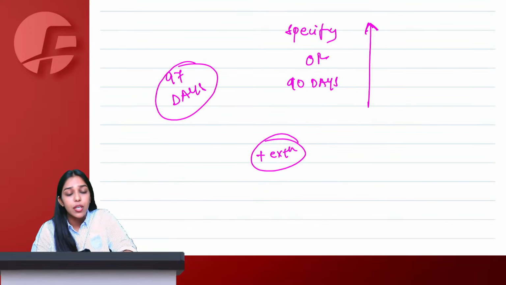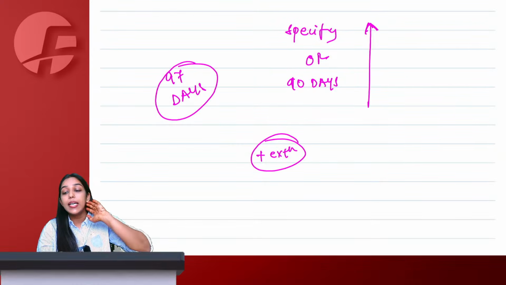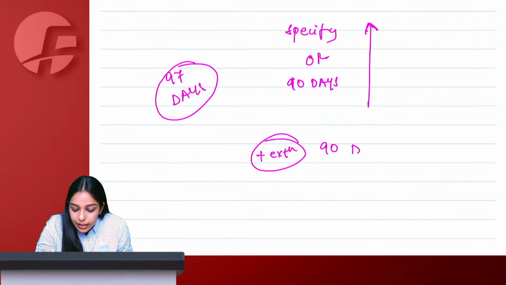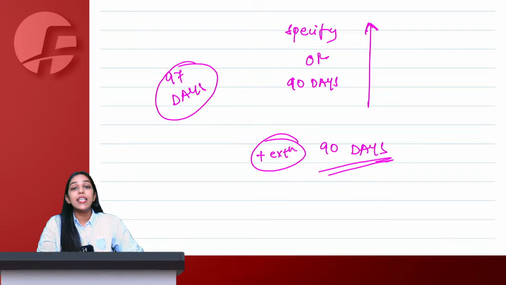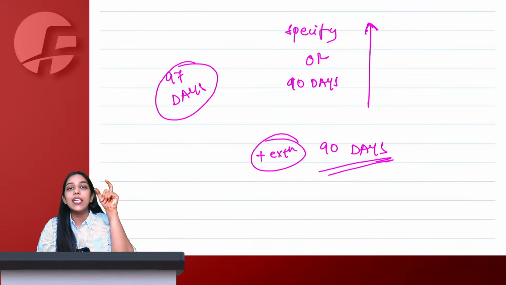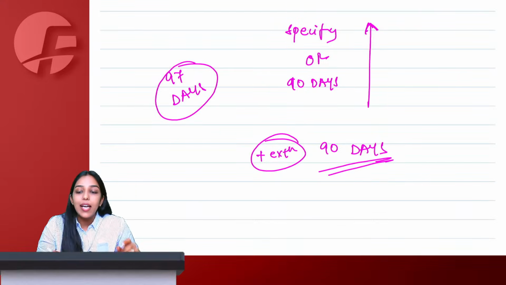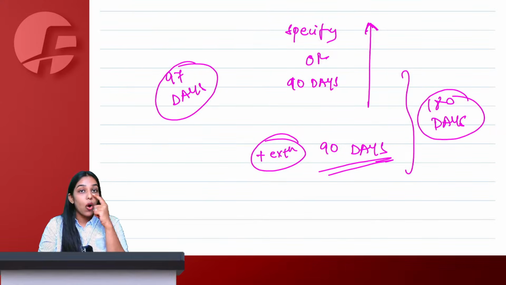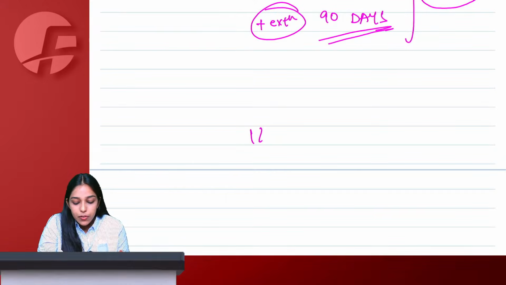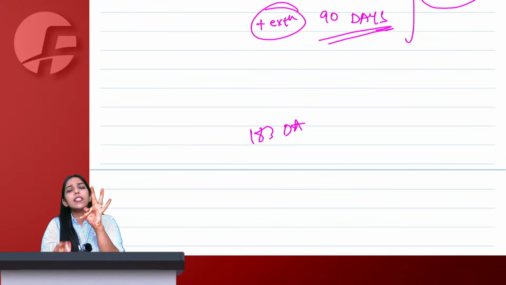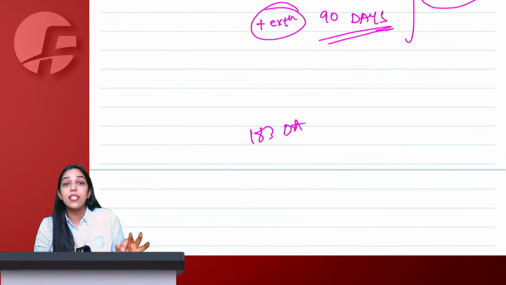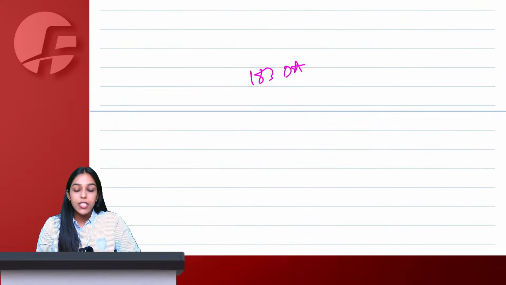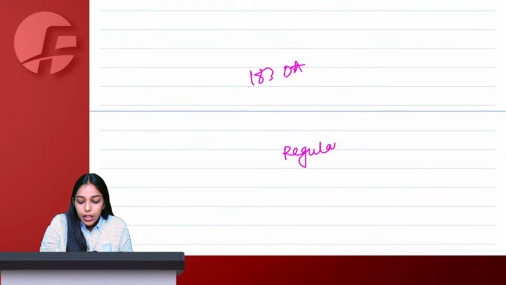Further extension of how many days? Tell me in the comment section. Only one time further extension is allowed. For how many days? Very good, for 90 days, ma'am. So we are saying that maximum originally 90 plus extended 90, you can be registered for 180 days as a CTP or NRTP. Ma'am, the trade fair is for 183 days. Ma'am, only 3 days, please give extension only 3 days. The answer is no. If the trade fair is for more than 180 days, then in that case, you will have to take a regular registration.